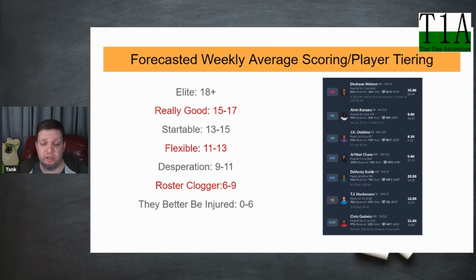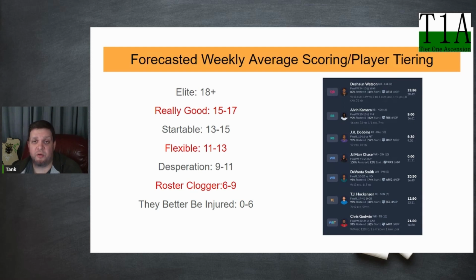Going into really good players, usually they're averaging 15 to 17. If they're scoring anywhere from 11 to 13, they're working usually more in your flex and not so much in your starting or fixed position. Desperation players, you're usually getting 9 to 11 points out of them. You're playing them on a bye week, playing them during injuries. There's a late sit decision that somebody's sick, and so you've got to flex somebody. And these are the kind of projection that you're looking at. Oh, they're going to get me like 9. Okay, they've got a little bit of involvement in their offense, and so this is what you're wanting.